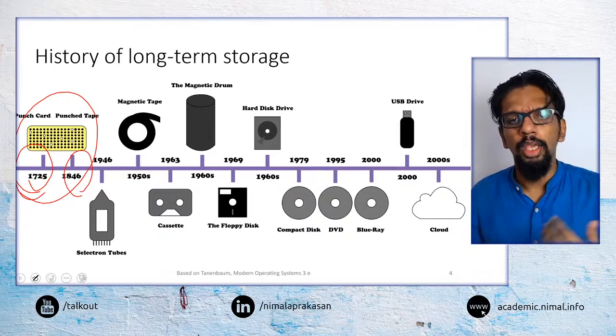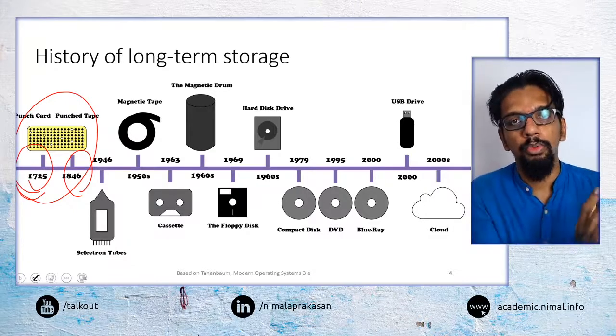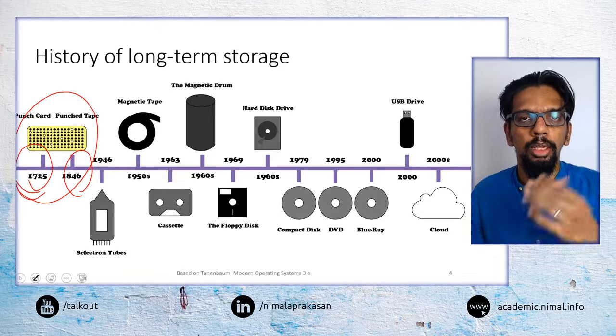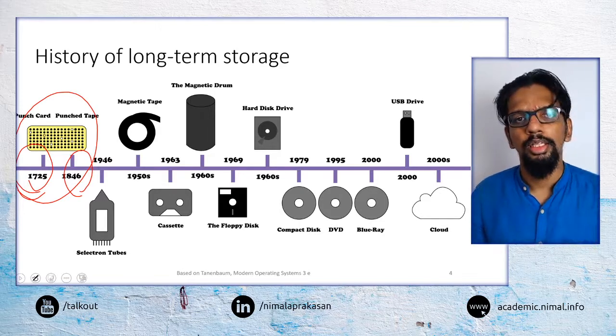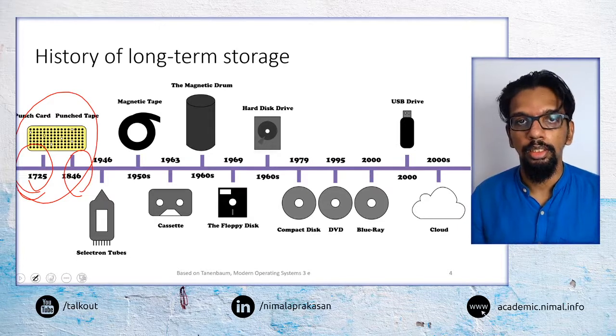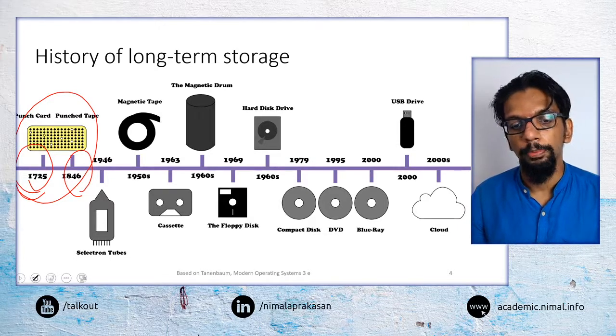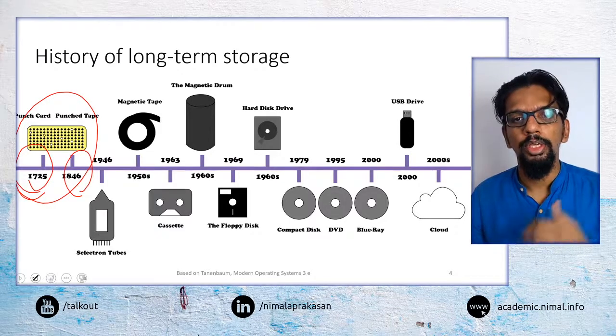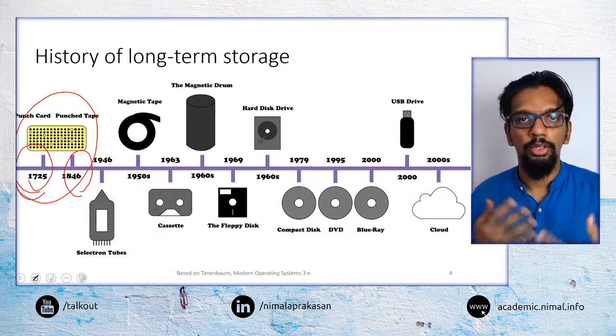Those are the very primitive types of storage, but punch cards were being used till the 60s and early 70s, so it's one of those technologies that lasted much longer than any other. But from the 40s and 50s onward, we started having a number of varieties of electronic and